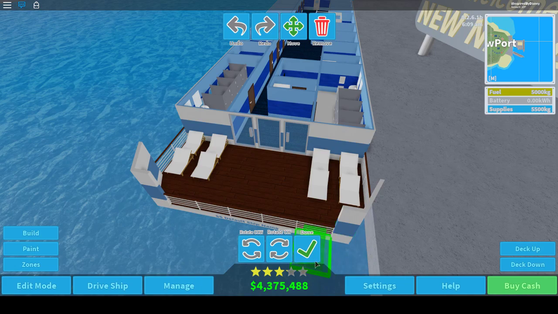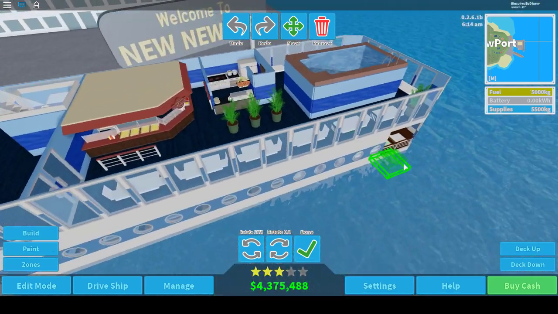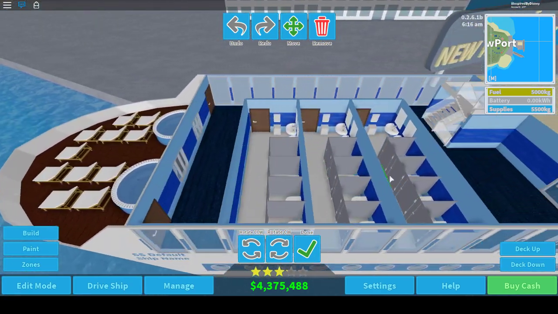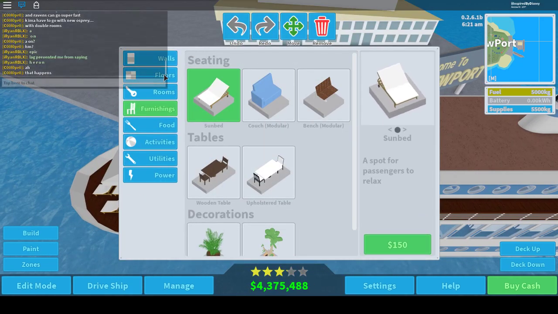Yeah, that's as good as we're gonna go there for that. So, what we did: new sun chairs, nicer restaurant area for sure, carpets for all the floors. And next renovation, we're gonna go ahead and actually...